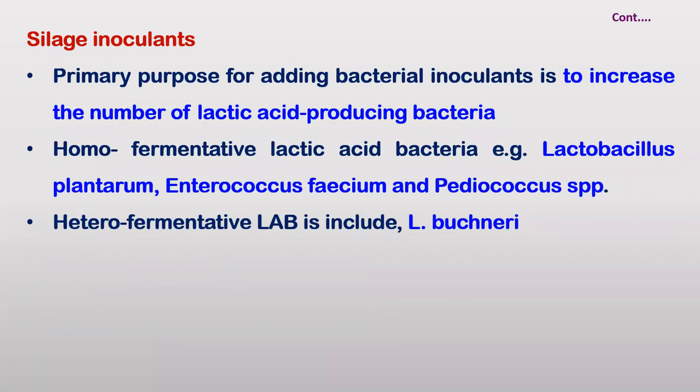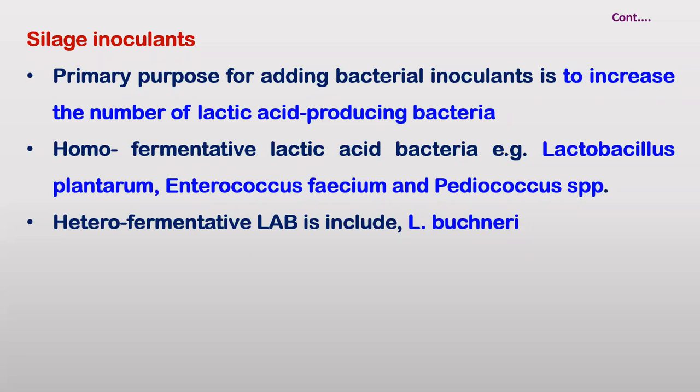Sometimes we can use the silage inoculant. Actually, the primary purpose for adding the bacterial inoculant is to increase the number of the lactic acid producing bacteria. So this is very much important, silage inoculant, and in foreign countries they are generally using the silage inoculant for better fermentation and conservation of the feed, and more utilization of the dry matter content. So we should use silage inoculant while